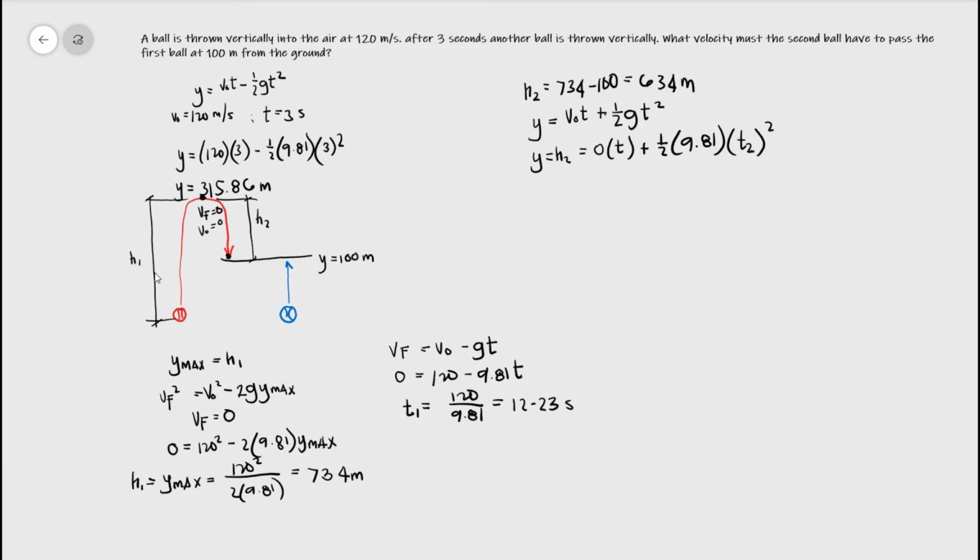Okay, therefore again our h sub 2 here is equal to 634. Therefore we have here 634 is equal to 1/2 times 9.81 times t sub 2 squared. Solving for t sub 2 squared, it is equal to 634 times 2, divided by 9.81, and getting the square root of both sides, we have here t sub 2 is equal to